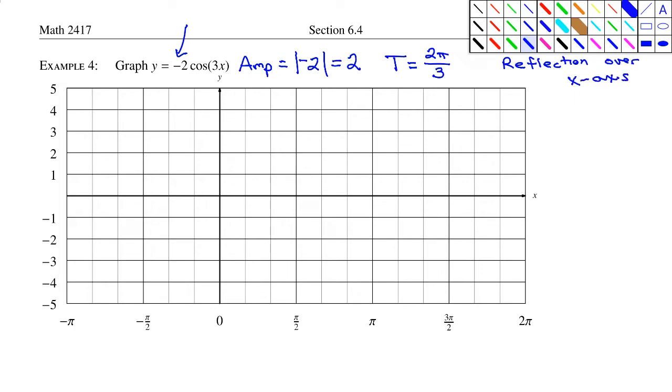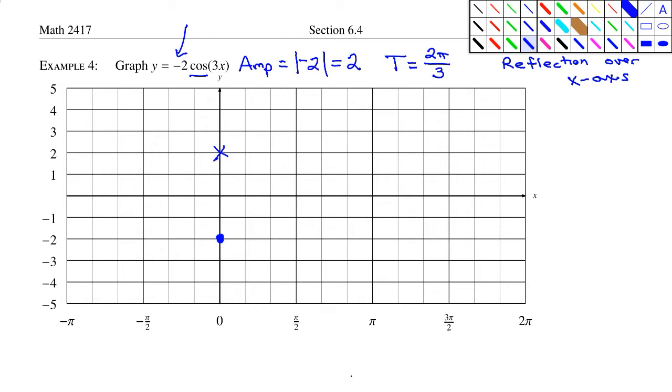For cosine, that means instead of starting at the maximum value, we'll start at the minimum value. So let's go ahead and plot that. So instead of starting at 2, we're going to start down here at negative 2. But then after that, the pattern goes on just like normal, and we're just sort of starting in a different